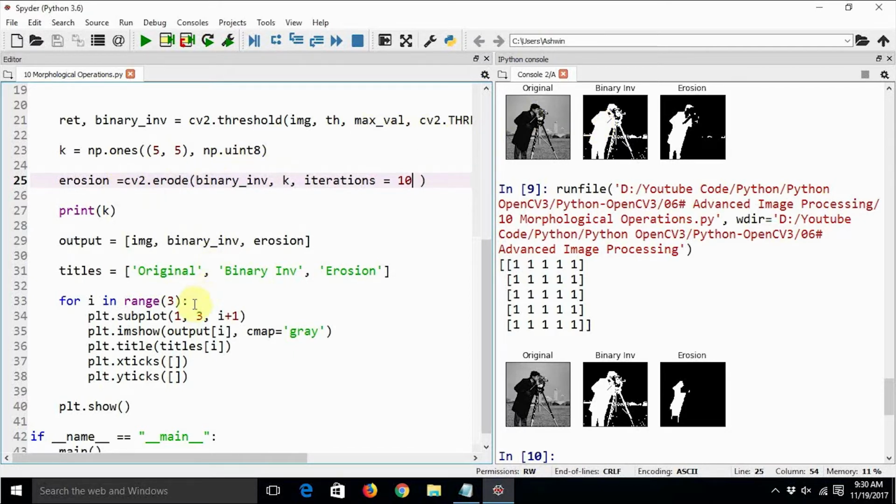So let's go ahead and change this first.